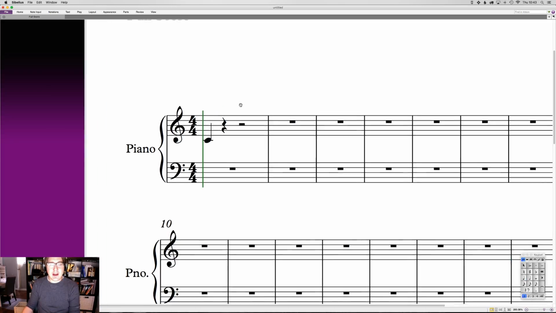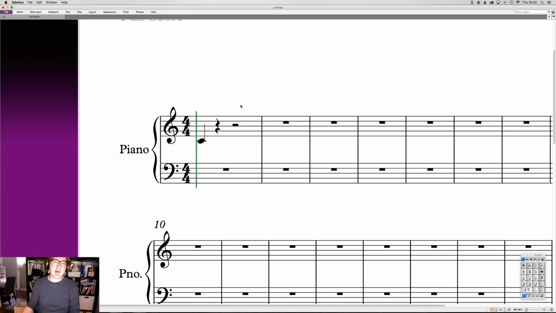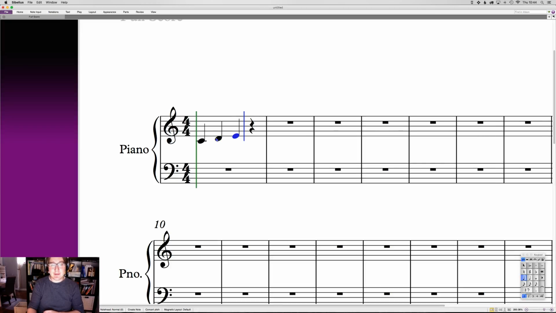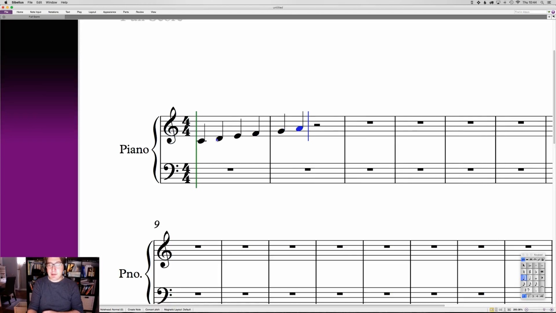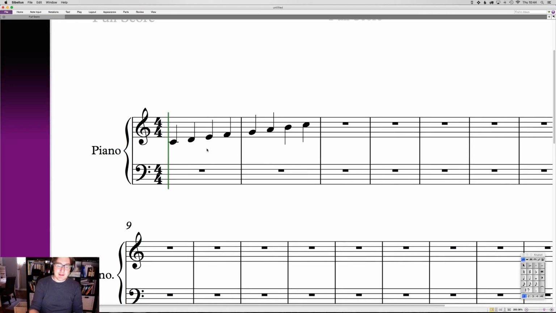And when we talk about how notes and scales interact, what we're talking about is a series of notes that ascend, that go up, or descend, that go down, from one note to the next note of the same letter name. So in that case, if this is a C, that makes the next note up on the scale a D, and then one after that an E, and then an F, G, A, B, C. And what you have there is a scale. So if I play this,